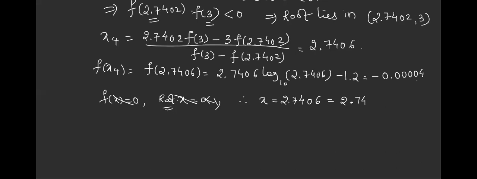So if I want to write the 3 digits, I have to see the fourth one, correct? The fourth one, if it is 5 or more than 5, what has to be done? Add 1 to the previous. Am I right? What should I write here? 1. Now suppose you have written this answer, they may cut marks because the question says 3 decimal places only. Okay, therefore x equal to 2.741 is the real root of the given equation, correct to 3 decimal places.